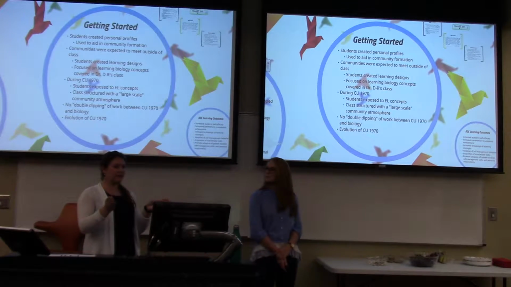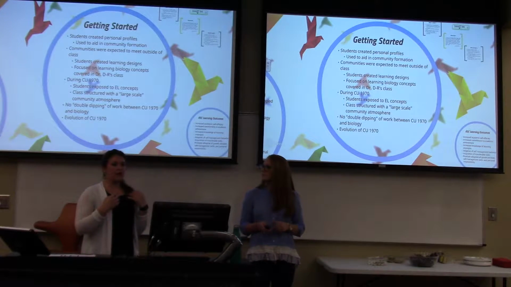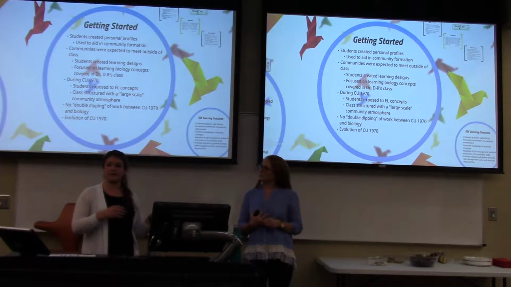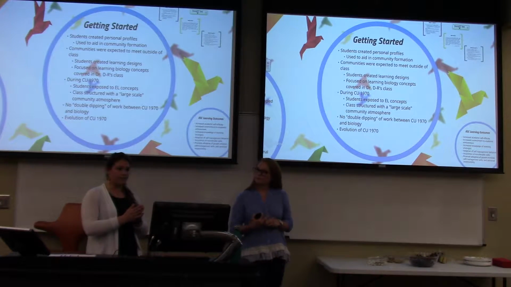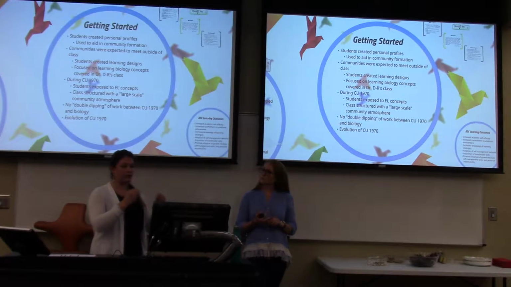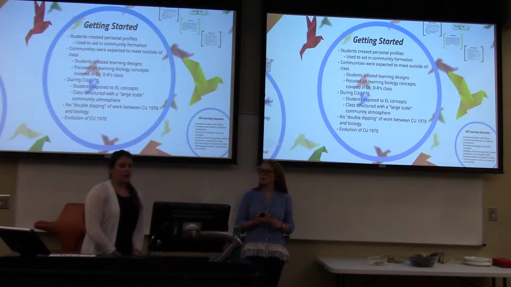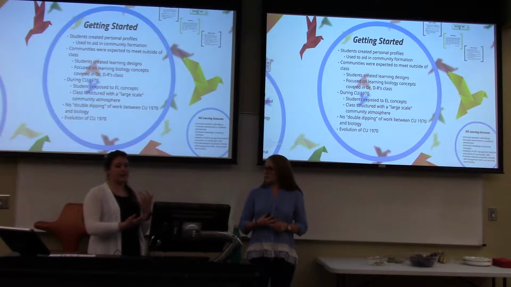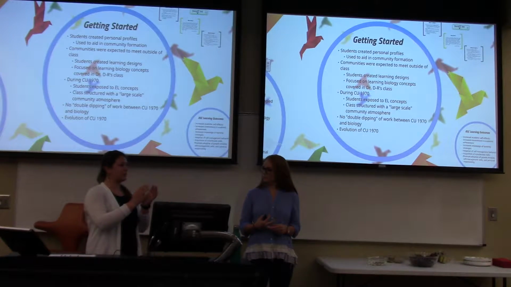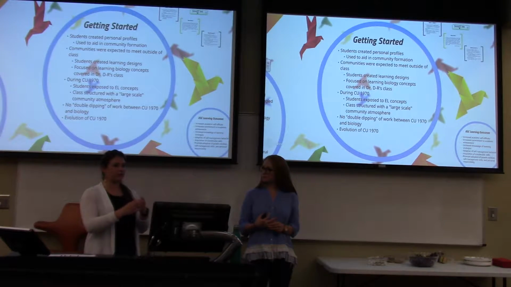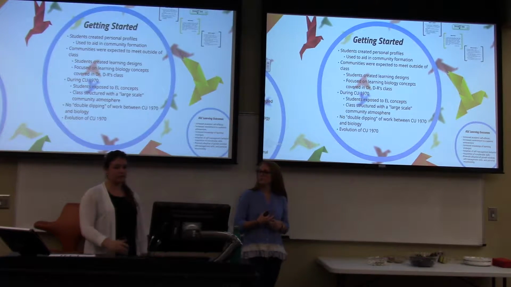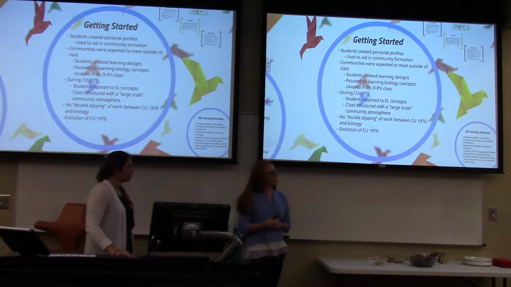So I think that was a bit of a point of confusion for the students at first, was that there was no double dipping of work between CU 1970 and biology. They were using entangled learning to do biology. So during CU 1970, the students were, as I said, exposed to the EL concepts, and they weren't necessarily working within their smaller communities. It was more one large community. We all talked, and that was how that was structured.